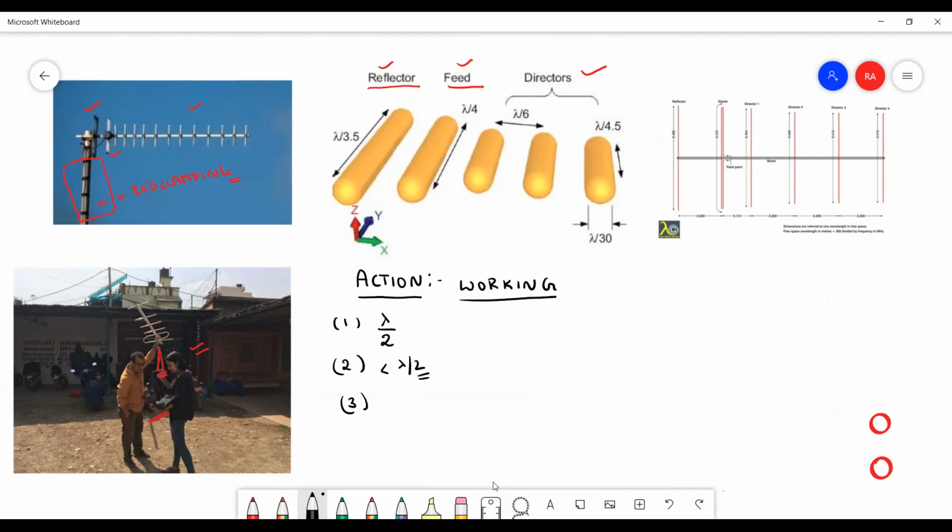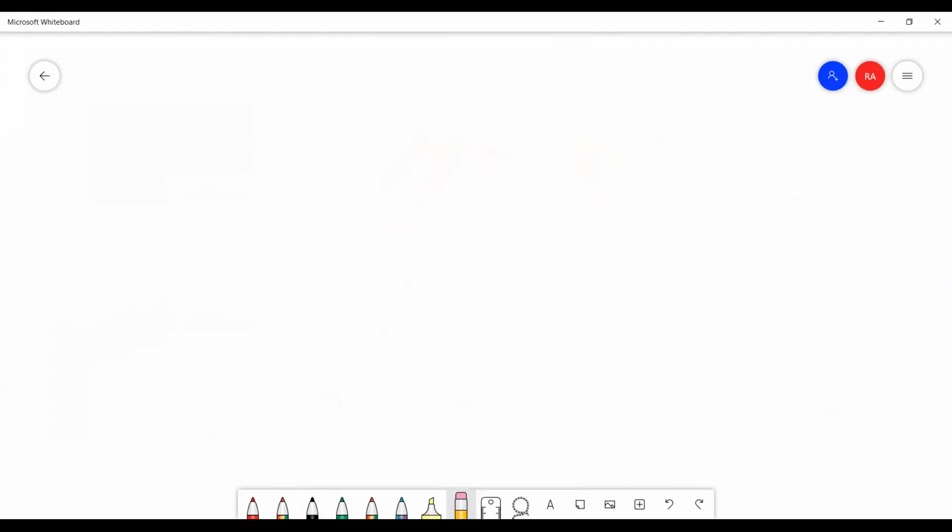If the distance between the driven and parasitic elements is decreased, it will load the driven element irrespective of the length, so this will be folded in and compensated. Finally, you are able to get the radiation at the top end of the antenna. So let me discuss the general characteristics of this.